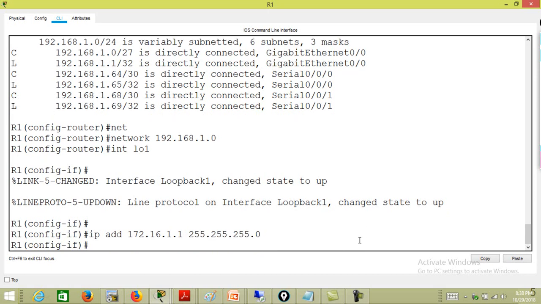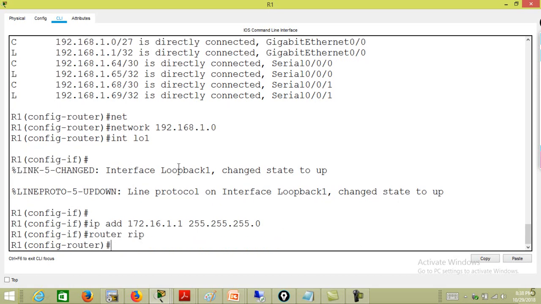So I hit enter. If I go back to my router RIP, and here I'm doing parallel jumps. You're not supposed to come out from a mode and then go. You see here I was under interface configuration mode. I typed router RIP, I went to router configuration mode. You're first supposed to do exits and all that, especially when you're new to the IOS. So anyway, when I do that, if I want to advertise this network to the neighbors,